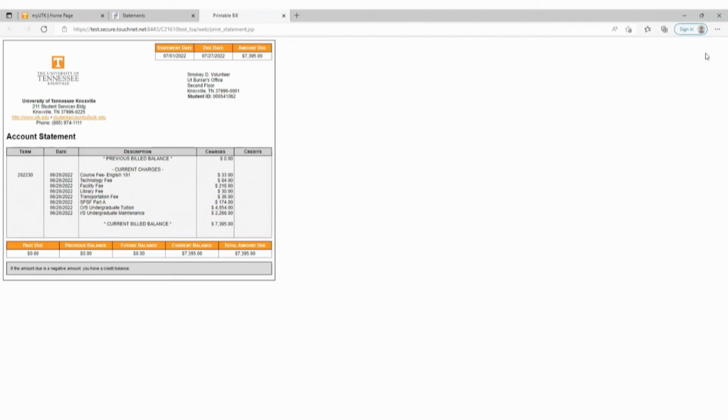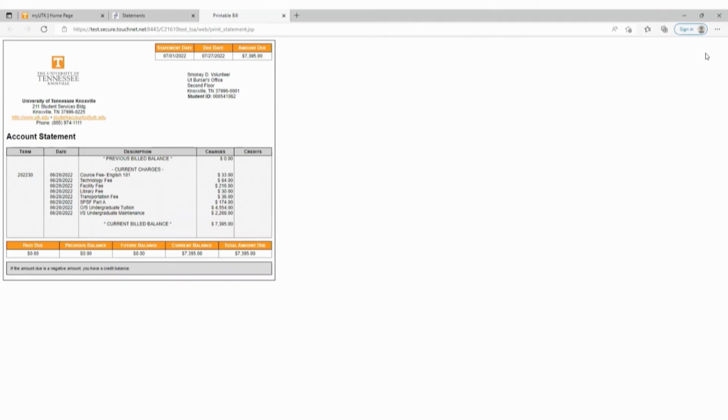And for our in-state students, when you see IS undergraduate maintenance, that means in-state tuition. So don't get tripped up by the maintenance word. That's actually your in-state tuition. Now, if Smokey received any financial aid or payments made on his account, you would see those deducted from his balance. So make sure you check your financial aid, and if you've sent a payment in, it would appear here.